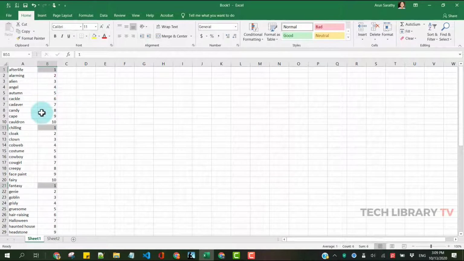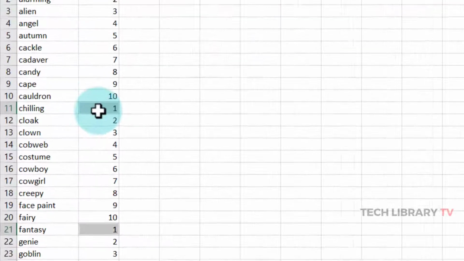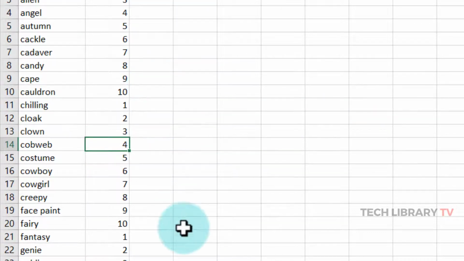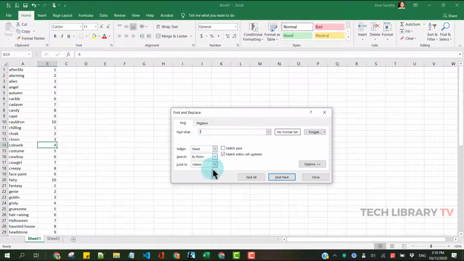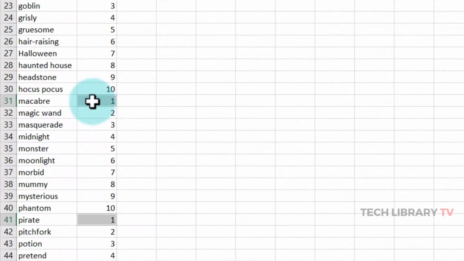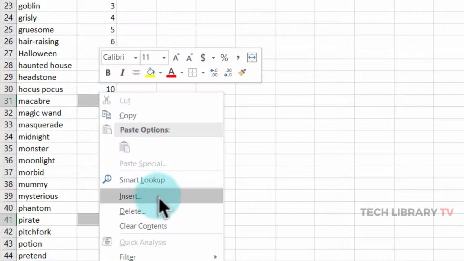And then now coming back to this column B, or whichever column we have the numbers entered, right click on the selected cell, not anywhere else. For example, if I do this, then the selections will go away. To do that, I need to select them again. So right click on any of this selected cell and click on insert.